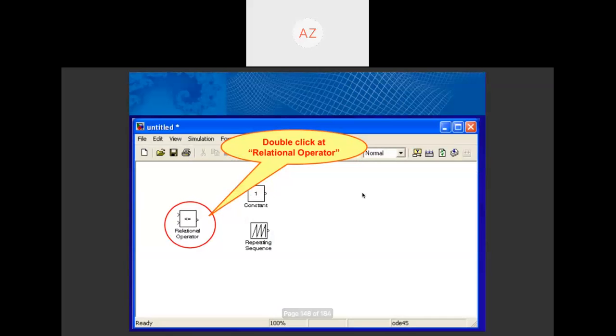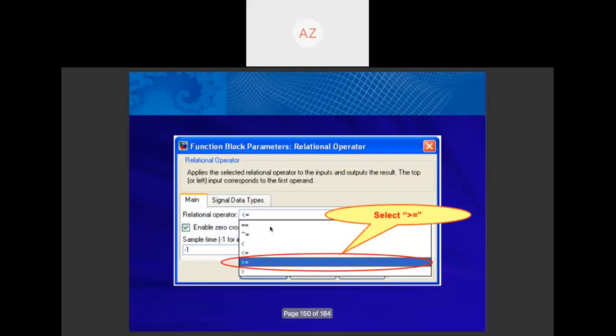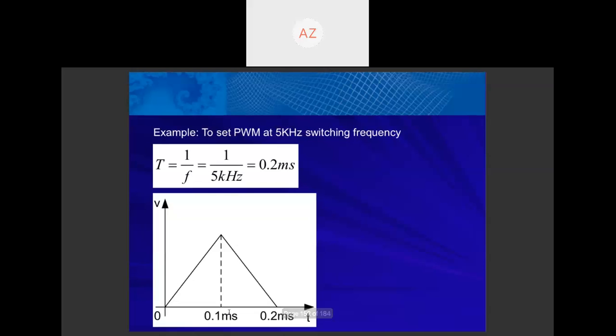And we have to set the repeating sequence block set with these parameters. We have to set the starting point, an intermediate point, and the end point. So we have to set these 3 points: point 1, point 2, and point 3.